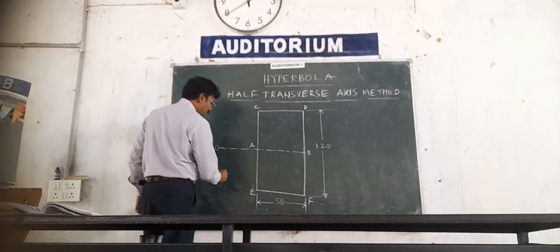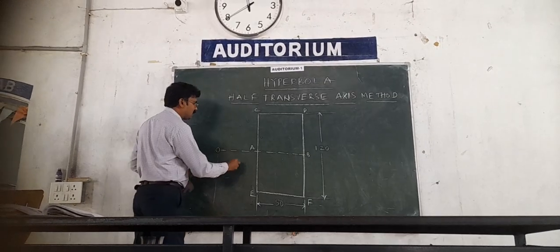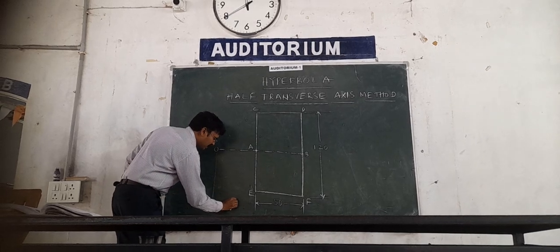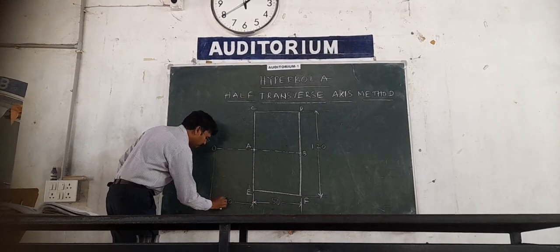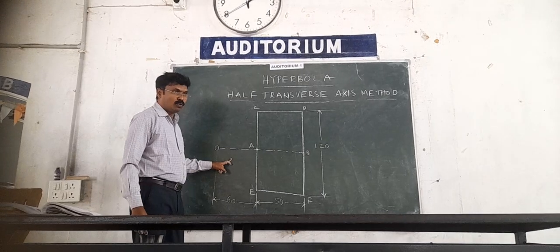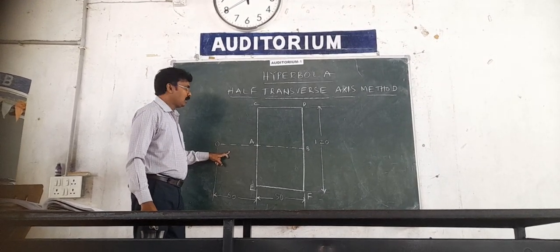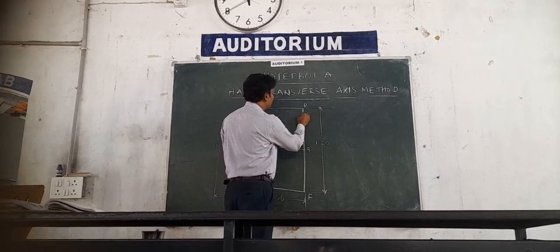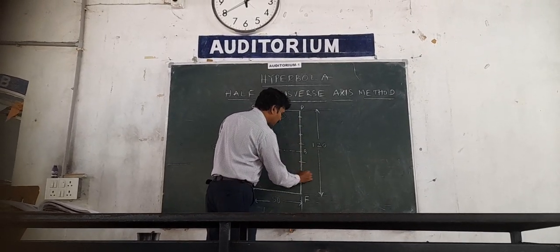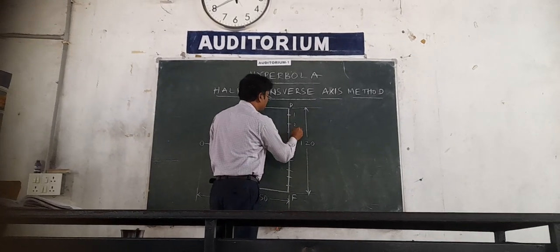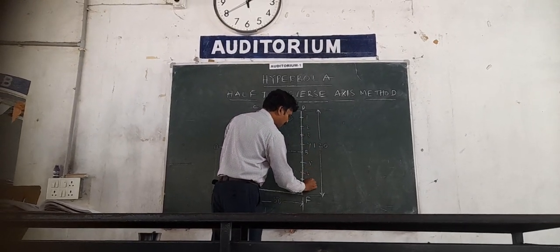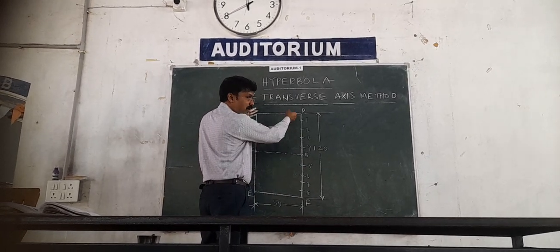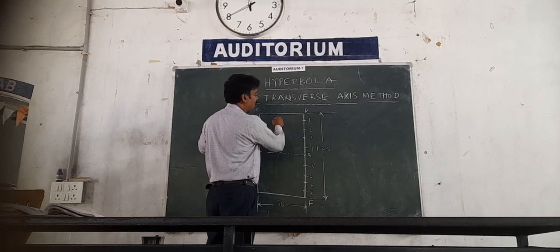The first given was the transverse axis. Locate the transverse axis from A. It is 60, you were given 60. Transverse axis is 60. It is O from the A. Now locate some points on the right side: 1, 2, 3, 4, 5, 6, 7, 8. Equidistant points. Again, half of the points on the top rectangle.